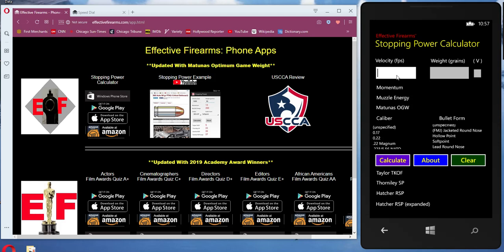Let's take a typical .45 example of 835 feet per second muzzle velocity, bullet weight of 230 grains. We'll select the caliber of .45 ACP. There we go. And just so that we can see the expanded Hatcher values, let's take a bullet form of soft point. Type calculate. And so with 4 inputs, muzzle velocity, bullet weight, caliber,